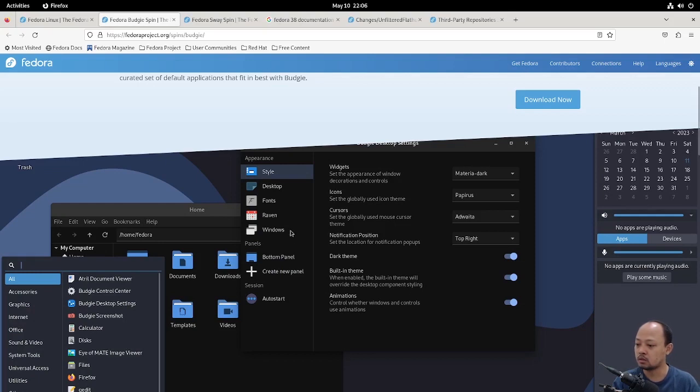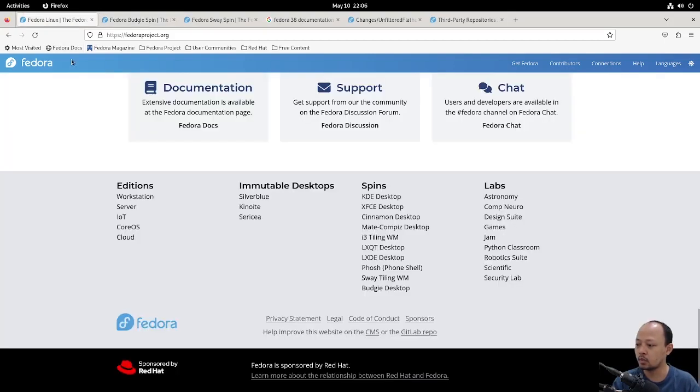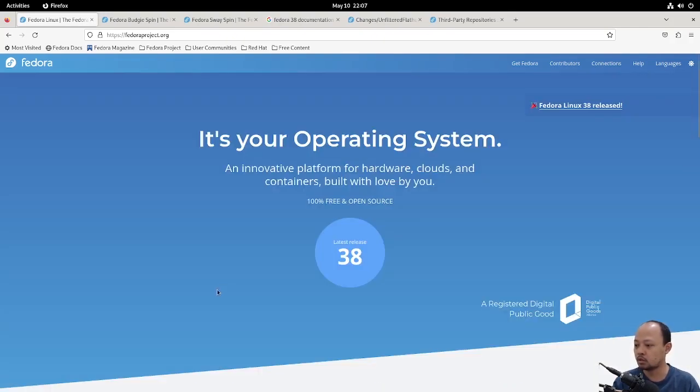And then, last but not least, with this new release of Fedora 38, I see a little bit of changes in the official Fedora website as well. First of all, the menu. Now the menu is very nice and very obvious. It tells us what Fedora has.